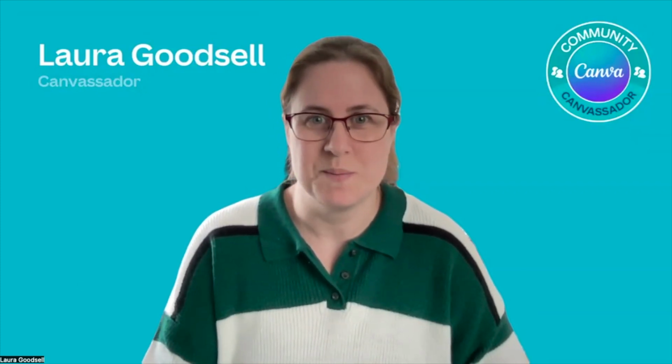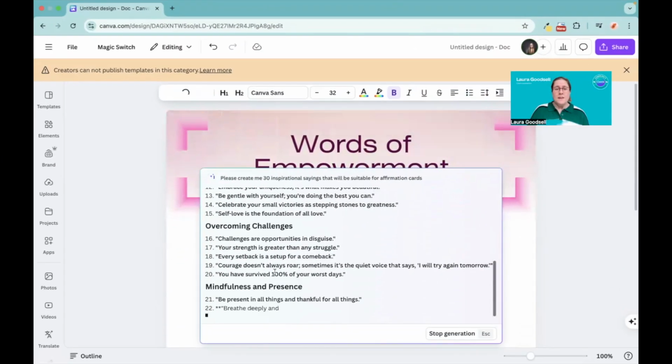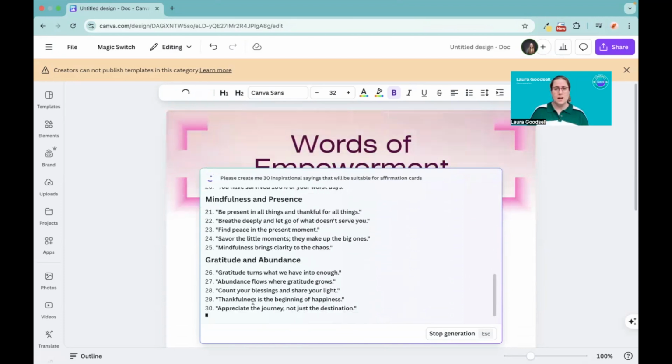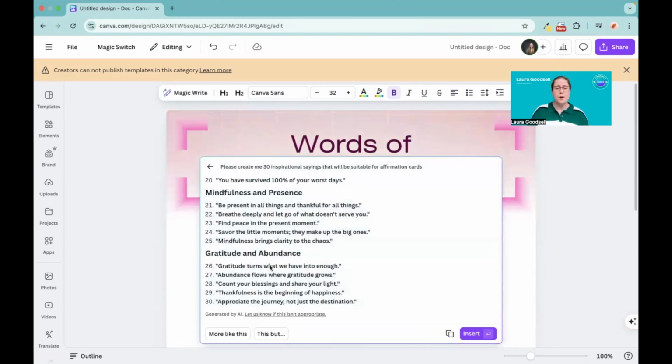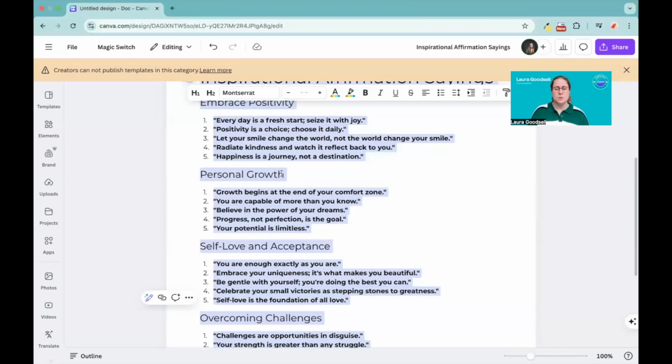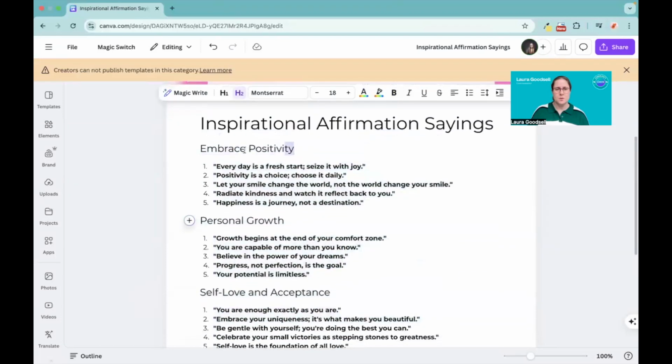These ones are quite good. It's actually broken it up into sets. I quite like that. So I'm going to go with these ones. I'm going to click Insert. I will actually delete the titles because I don't want these titles. I just want the actual